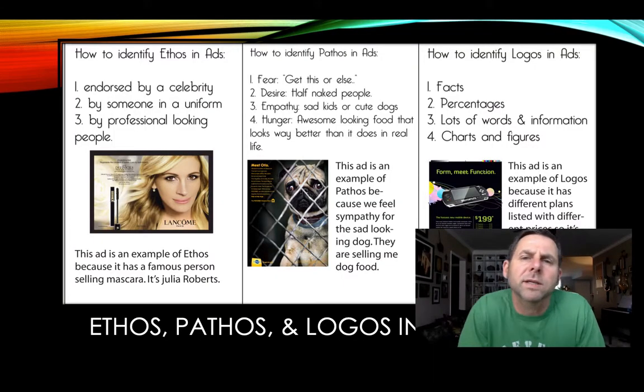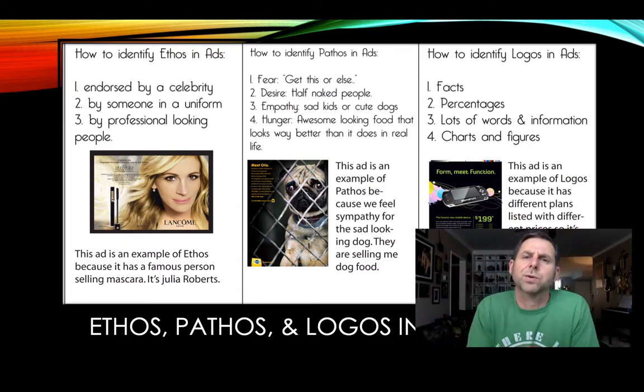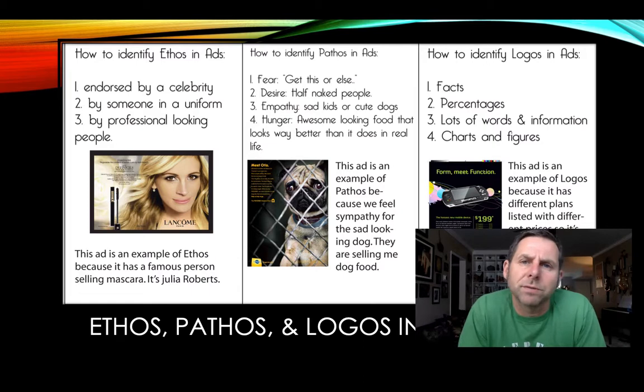So we're going to look at this in the context of advertising. Why advertising? Because you are literally trying to persuade someone to go out and buy that product, or go out and vote for that candidate, or just go out and believe something. So here's how you should think about, let's say, ethos in ads, right? Remember, ethos is all about trust me, so believe what I say. So how do you get people to trust you? Well, the most common way is to use celebrities.